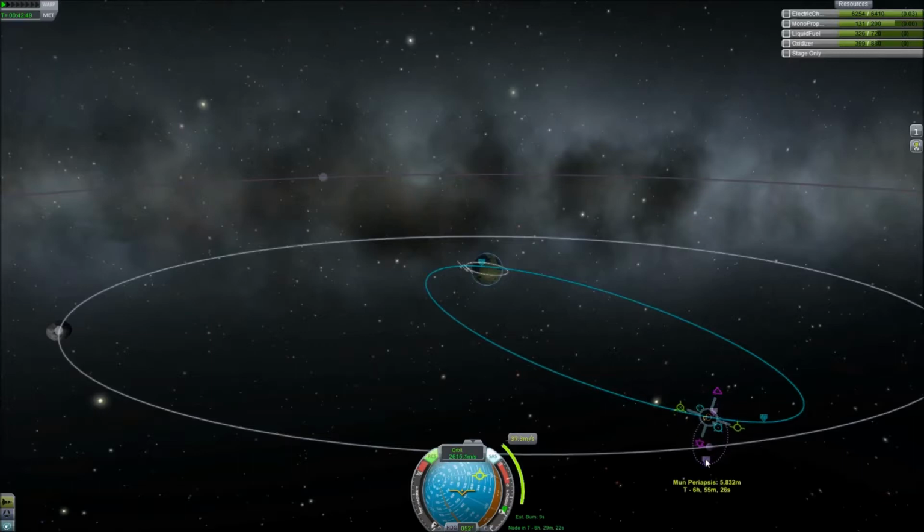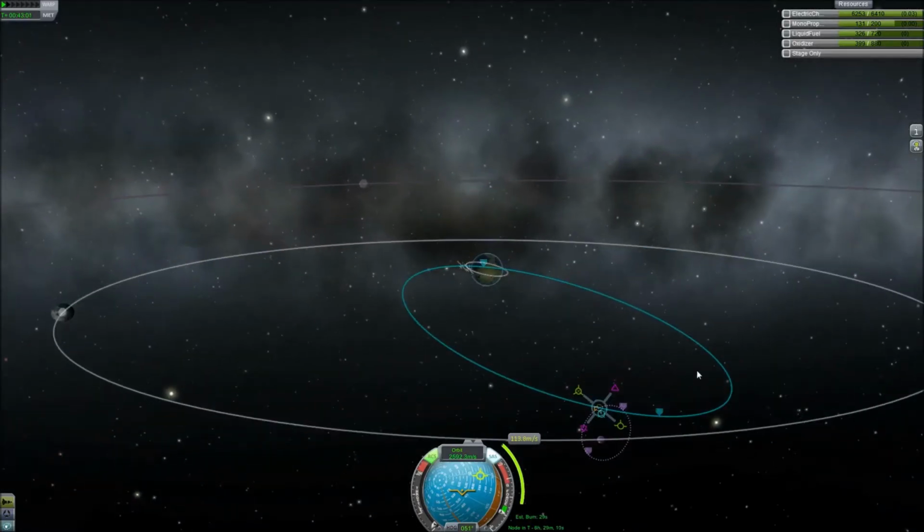There we are. That's an orbit around the moon. That's a really ugly, that's a dangerous orbit, in fact. 10,000. There we are. That should do it. At least we're not orbiting through the moon. Okay, well,